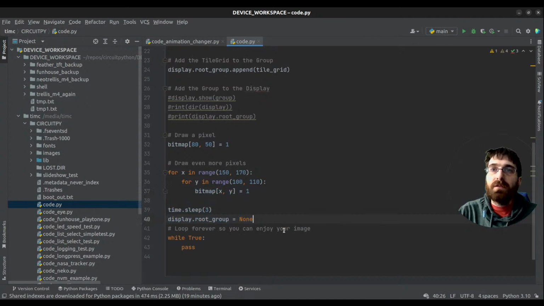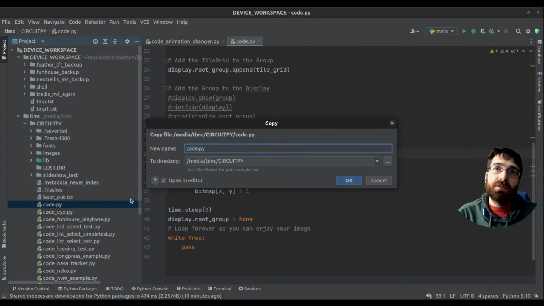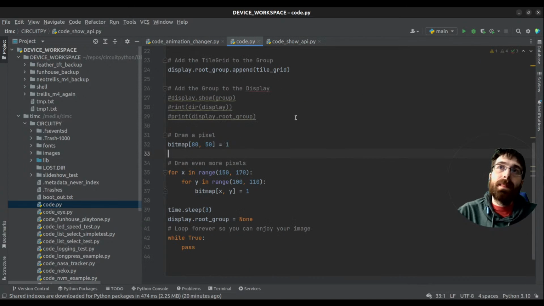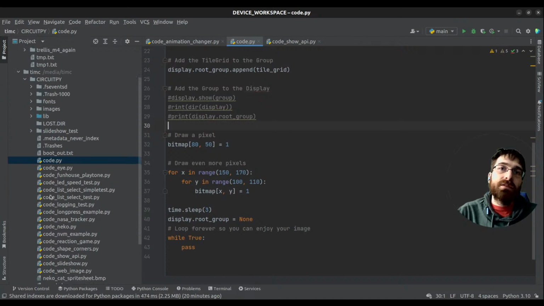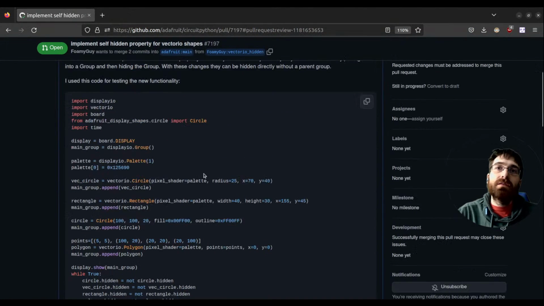This is the other thing we're going to work on, the way that we might change display.show. This is unrelated to what we're doing here. So what I'm going to do is code show API. This one, there is sample code on the